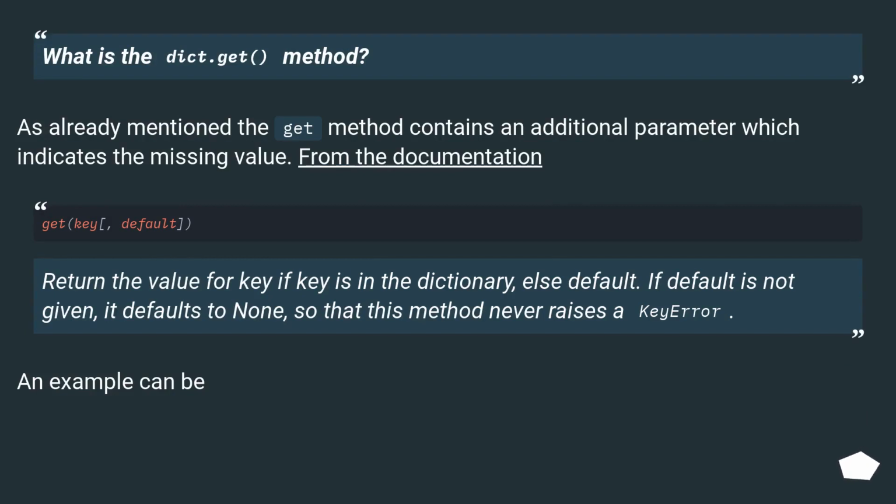What is the dict.get method? As already mentioned, the get method contains an additional parameter which indicates the missing value. From the documentation, return the value for key if key is in the dictionary, else default. If default is not given, it defaults to None, so that this method never raises a key error. An example can be